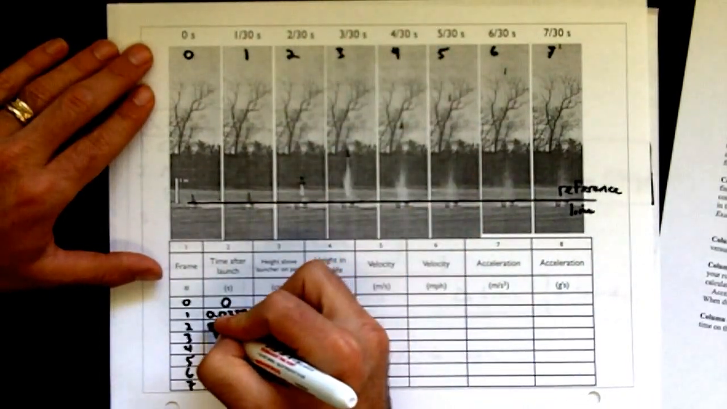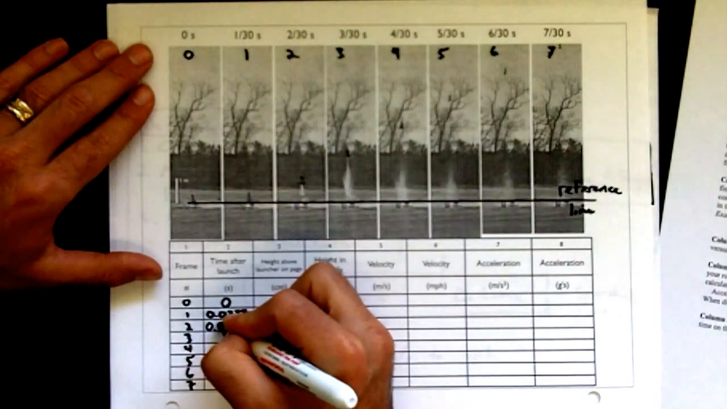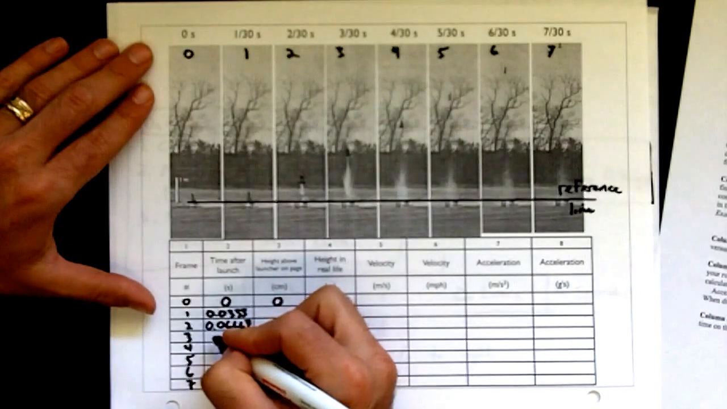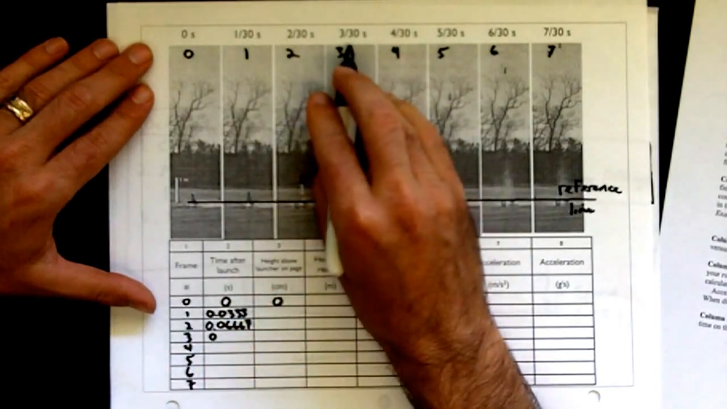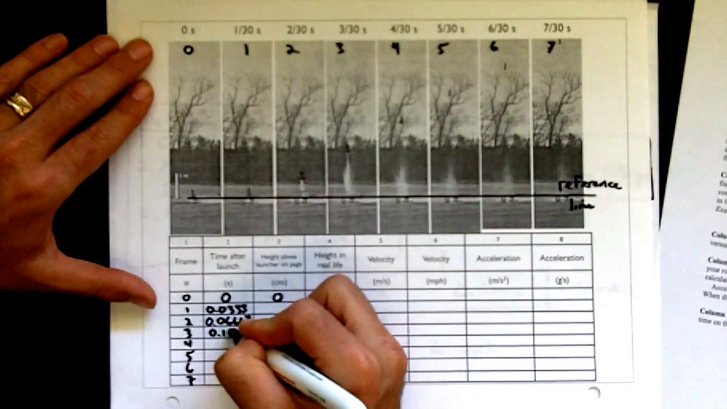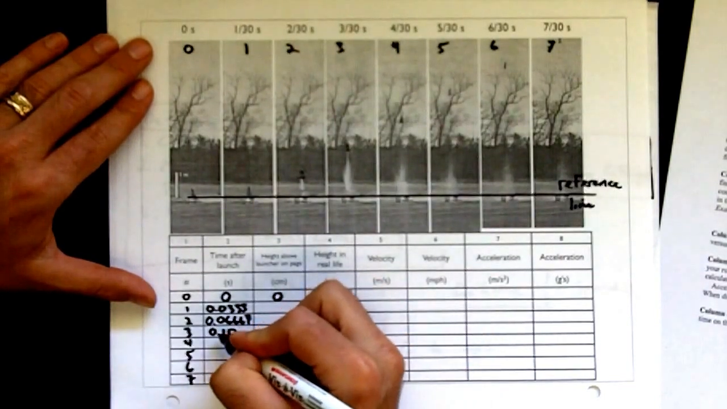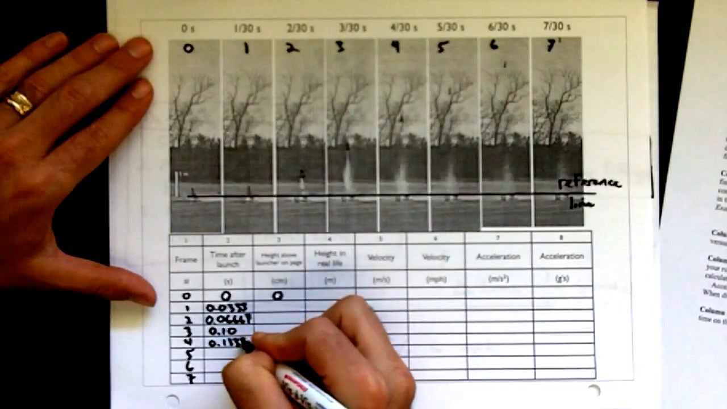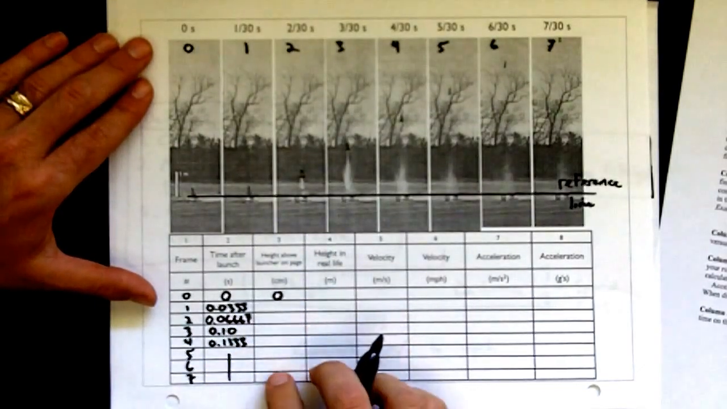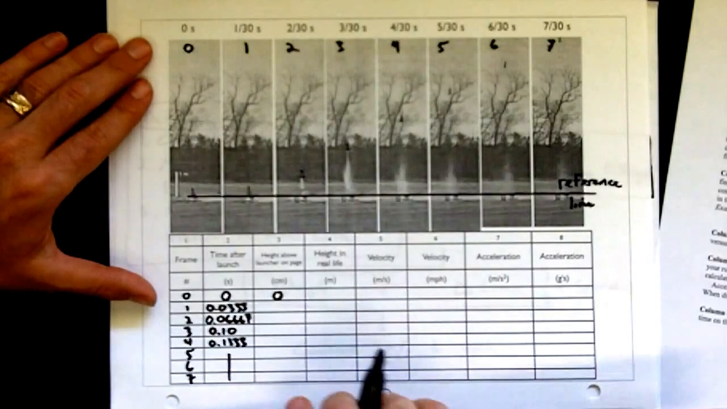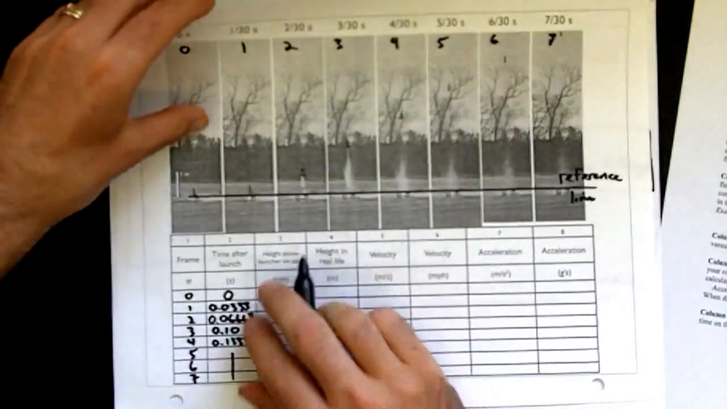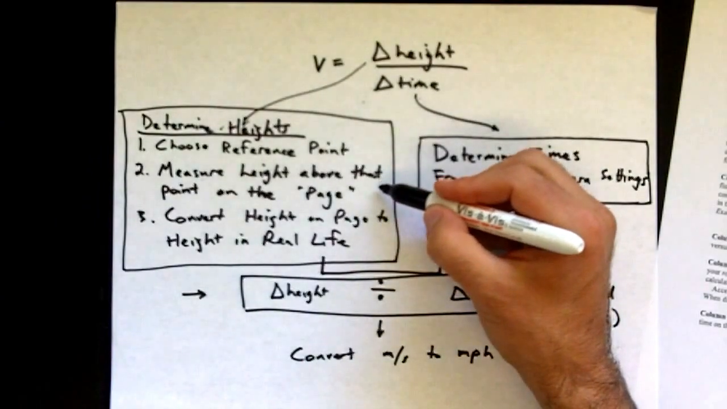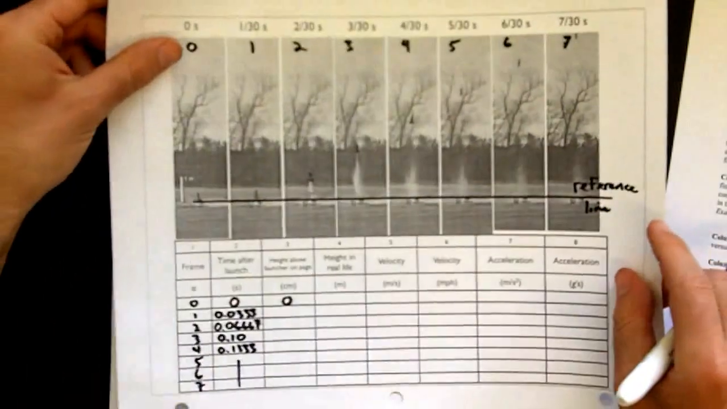2/30ths of a second, we can just plug them all in right now. 0.0666, and then rounding up to 7 on that last digit. 3/30ths, that's easy, that's 1/10 or 0.10. 4/30ths, 0.13333, and we can go on and so forth down there. We have times, we have a reference point. We need to now measure heights above that reference point on the page